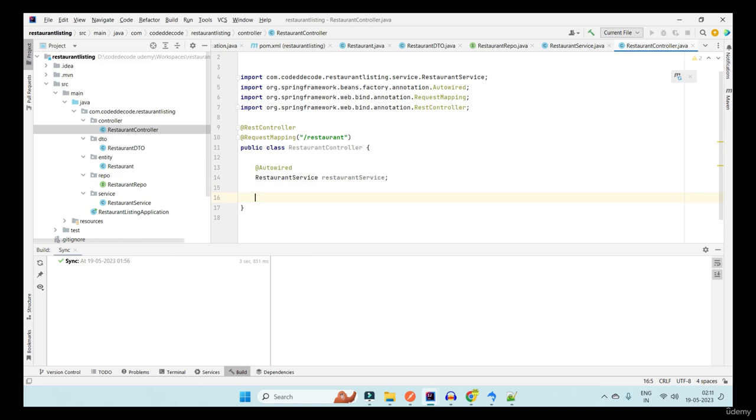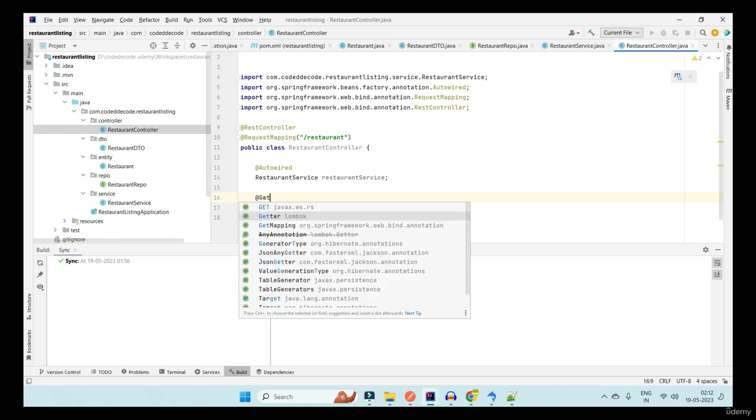Now I'll be needing the get endpoints and post endpoints. I'll be using two get endpoints. One to fetch all restaurants together to show on the listing page. Secondly, find by ID. That REST endpoint will be used by the food listing service when we need to pass a proper restaurant ID for which the menu has to be fetched. And the third, to save restaurants in the database, which will be used internally for us to add restaurants to the database. So let's start by creating these three REST endpoints.